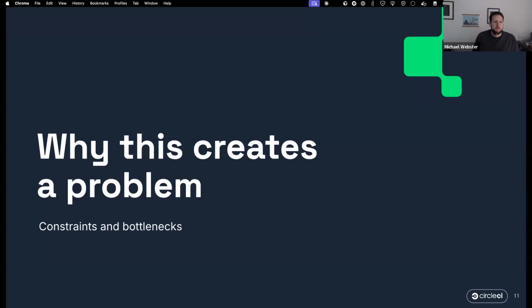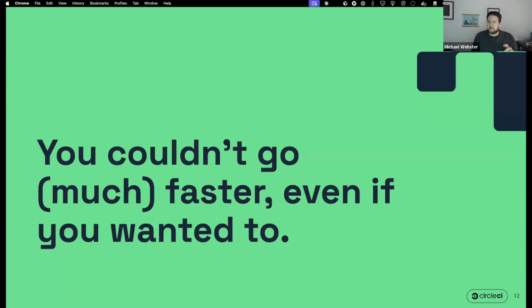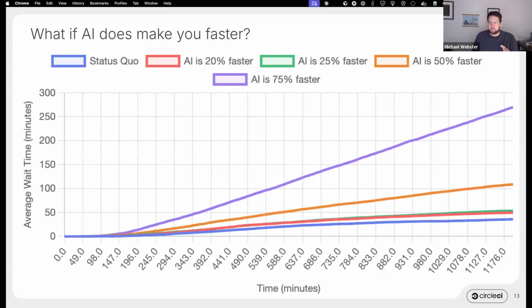We'll do a little queuing theory, but no, not a ton of math. The reality is that most software delivery processes probably couldn't actually go much faster, even if they wanted to. This is a simulation that I ran that made some assumptions about how frequently code is being introduced, how long on average it takes for that code to be reviewed, and then, if the code comes in faster than a given rate, what that does to the amount of time you've been waiting on something to happen.